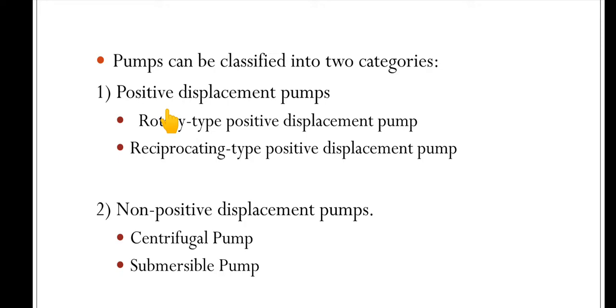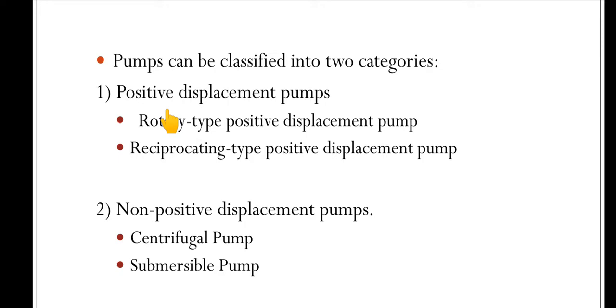A positive displacement pump operates by forcing a fixed volume of fluid from the inlet pressure section of the pump into the discharge zone of the pump. A pump has two sections, one is the inlet and the other is the outlet. The inlet is connected to the sump and the outlet is connected to your overhead tank. It takes a fixed quantity of liquid and transfers it to the discharge section.